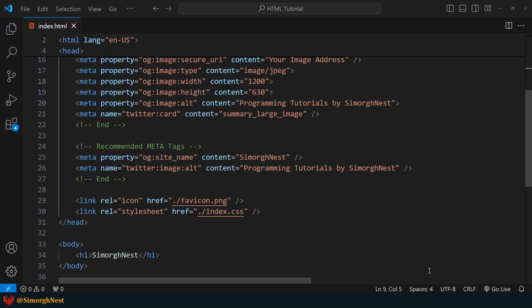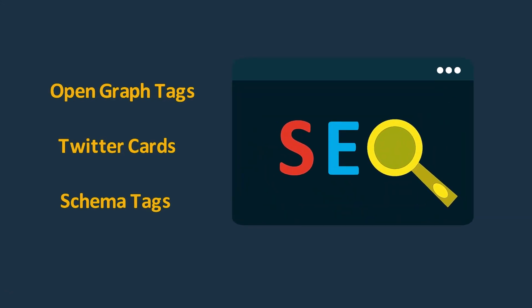Okay, in the end, let's discuss how social media meta tags can affect the search engine rankings of our page. It's important to note that these tags don't have a direct impact on search engine rankings. Search engines like Google primarily use their own algorithms to determine page rankings. However, social meta tags can indirectly impact our search engine visibility and user engagement, which can affect our SEO efforts.